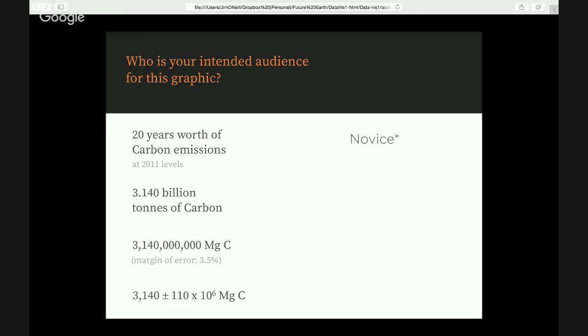The messaging that you put into your infographic will probably change depending upon whether you're presenting at a conference or trying to get people on Instagram to like your photo and connect with your deeper content. I'll put a little asterisk next to the word novice, because even something like 20 years' worth of carbon emissions, and I know there's a lot more context missing from that sentence, and this is just an example,